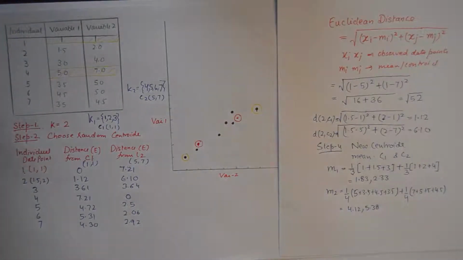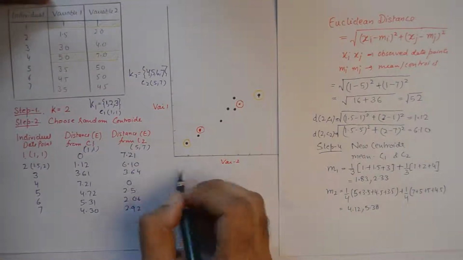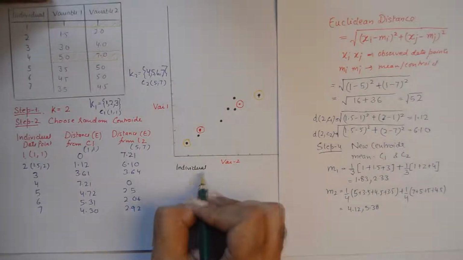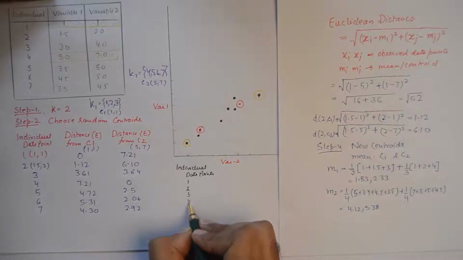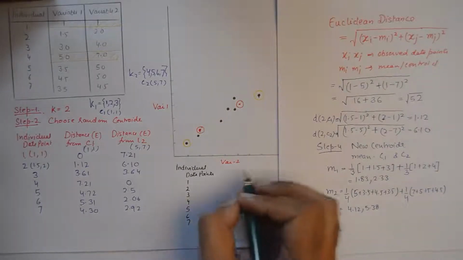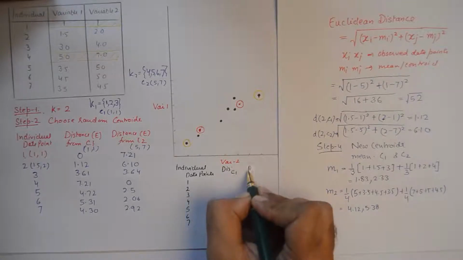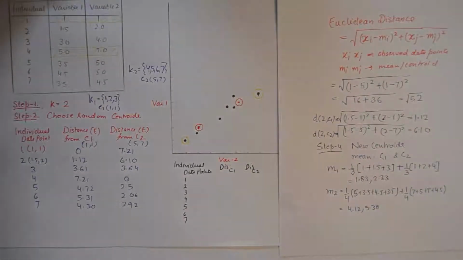Now I need to repeat these steps for the new centroid. So what I'll need to do is populate this table again, individual data points, which is 1, 2, 3, 4, 5, 6 and 7, distance from centroid 1, distance from centroid 2, and I again calculate the Euclidean distance,